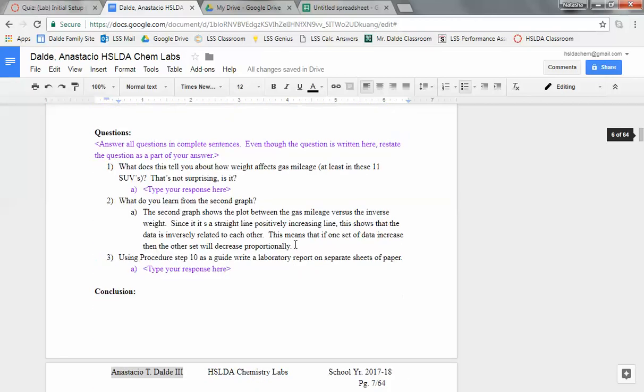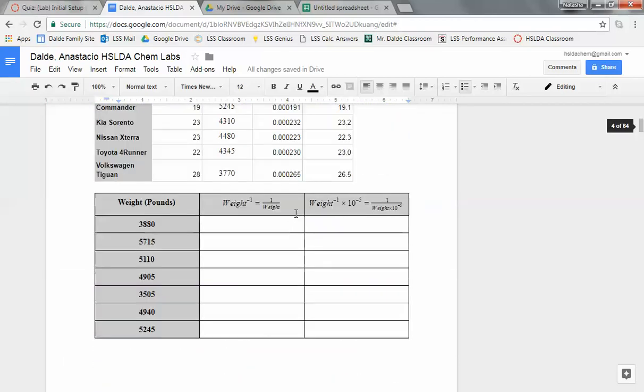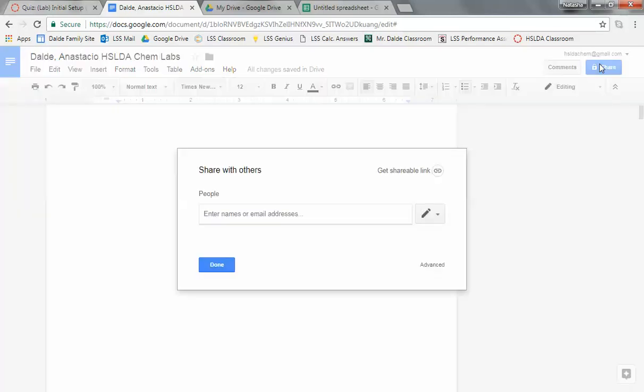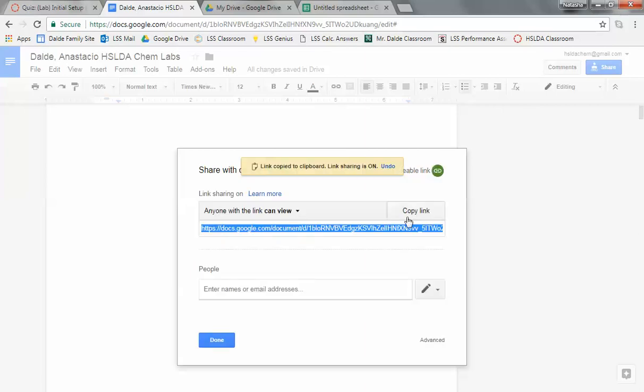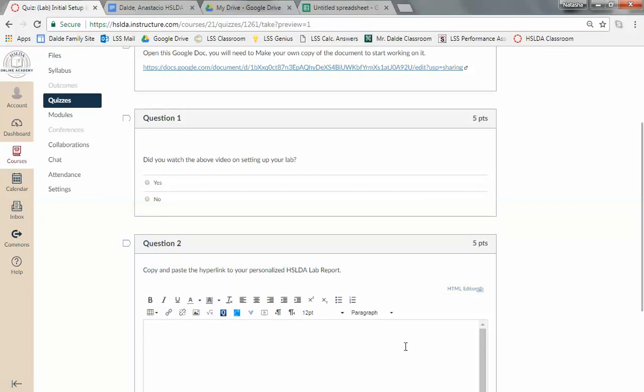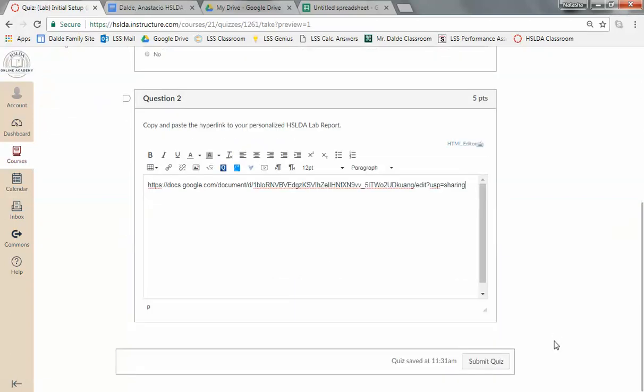And so that pretty much sums up what your labs are going to be like. When you are done with this, click on share to finish off this initial lab setup. Click on share and click get shareable link. I want you to copy this and then go back to our original thing back here and paste it into this document right here. There, paste. And then you submit, and I'll basically be able to